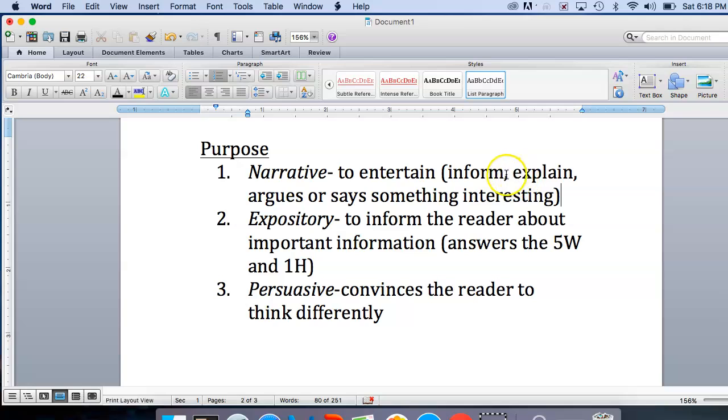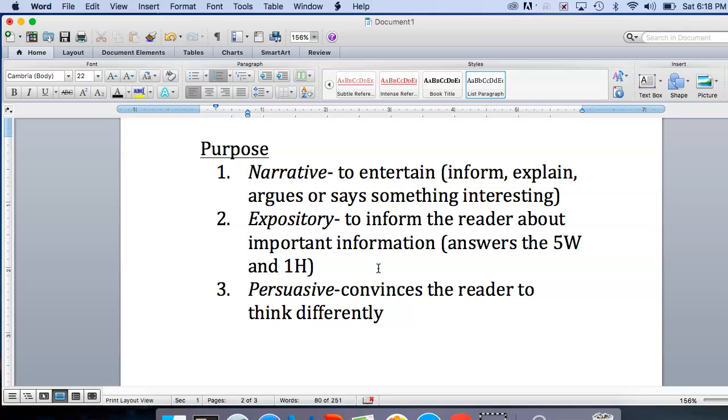So for example, you are reading about baseball. It probably informs you about the history of it. It explains how you play the game, and it's probably something interesting if you are reading it and you like sports. So what I'm trying to say is you're not going to find all of this or be able to answer all of this. Maybe you'll see 2 or more of this information in whatever it is you're reading.